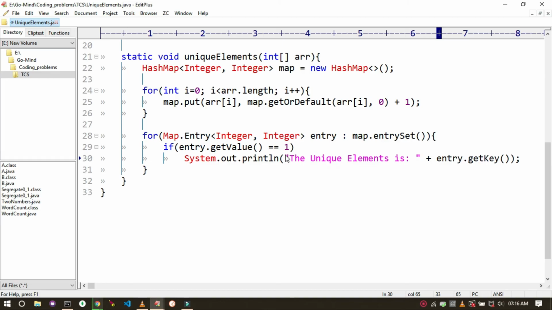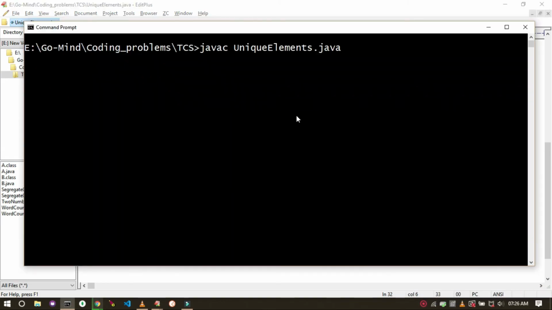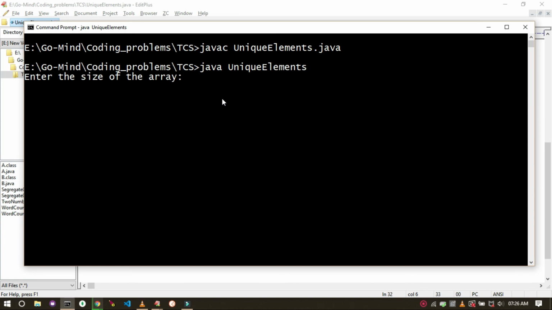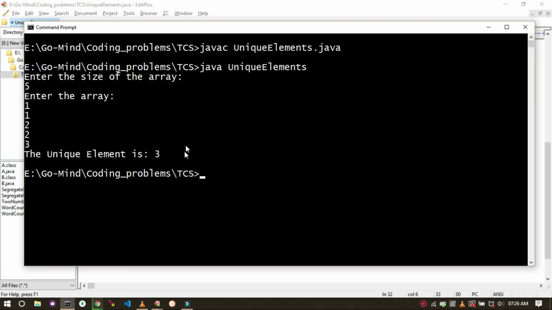So now let's compile the code. So let's say first input is 5, 1 1 2 2 3. Okay, so 3. Okay, output is 3.